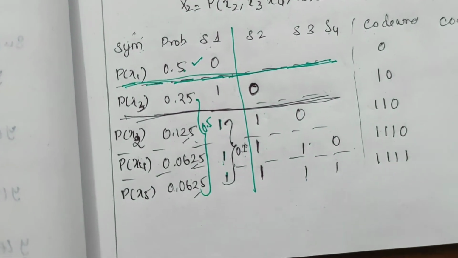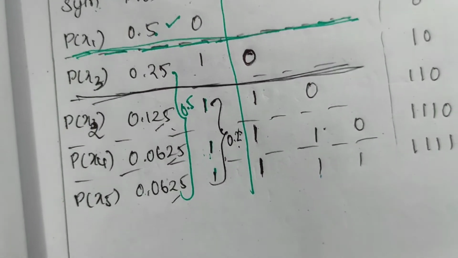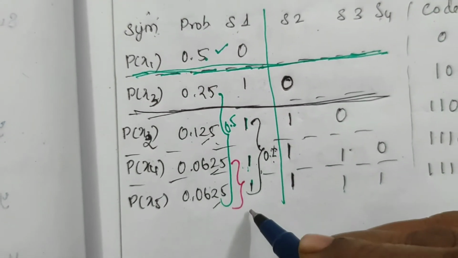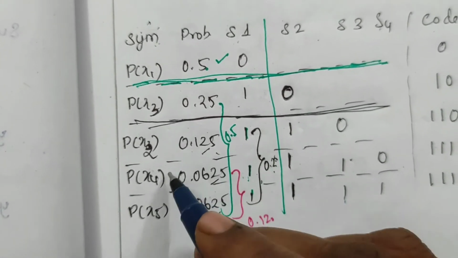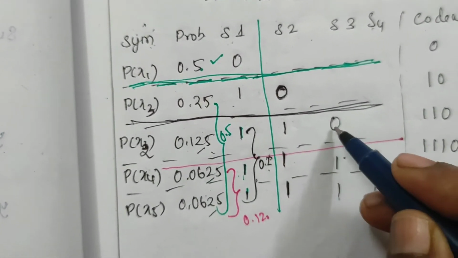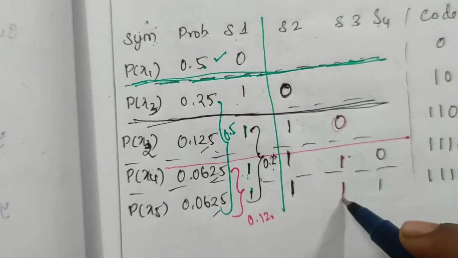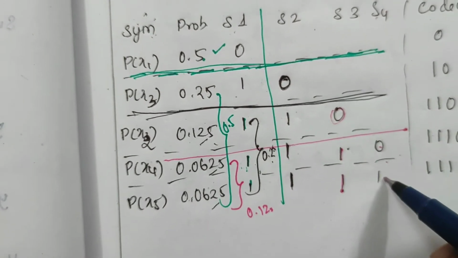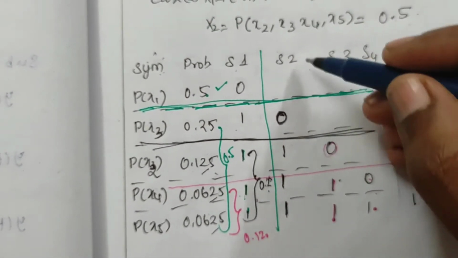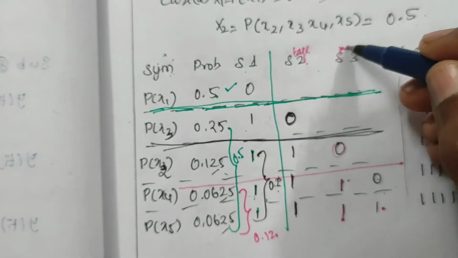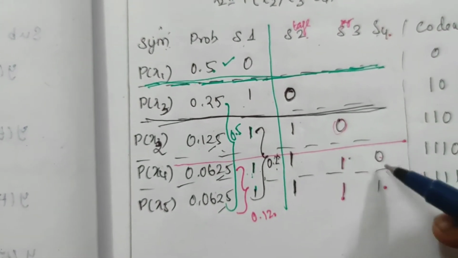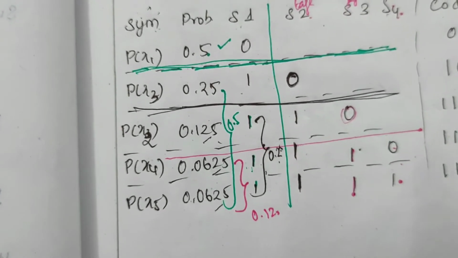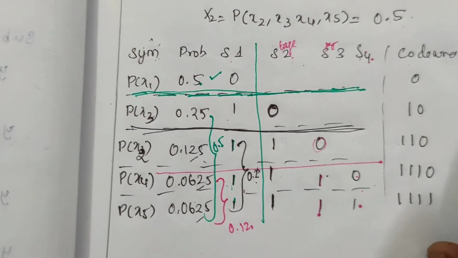So next case here is again 0.125. So 0.125 is the highest. So add these two, you will get again 0.125. So again I am truncating this and allocating 0 in the top level and 1 in the bottom level. So you have to proceed till it is divided as 0 and 1. So this is stage 2, stage 3, stage 4, and there is no further division possibility. After this, 0 and 1 can't be divided. So this is how you have to follow the steps for Shannon-Fano.